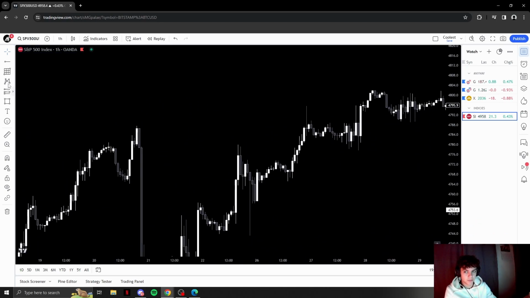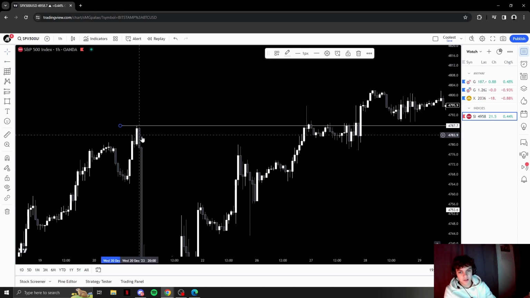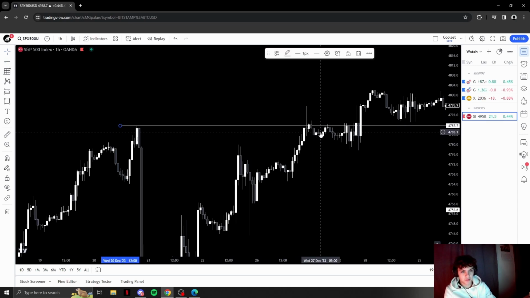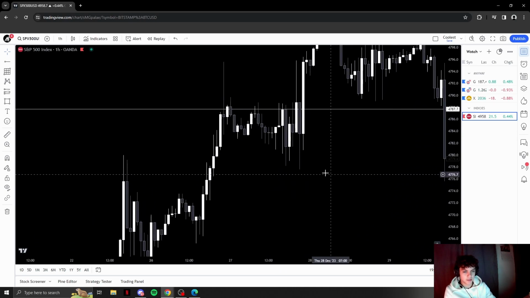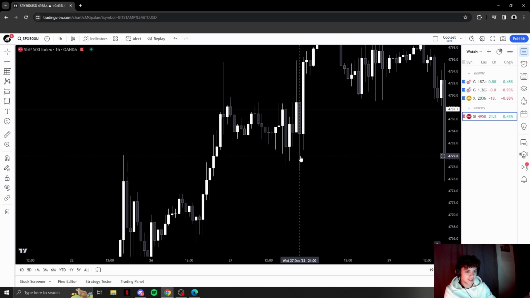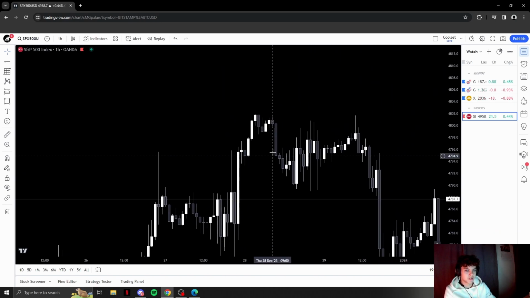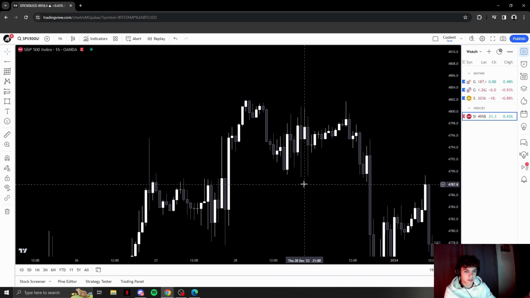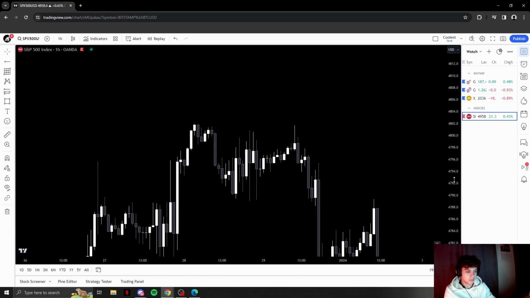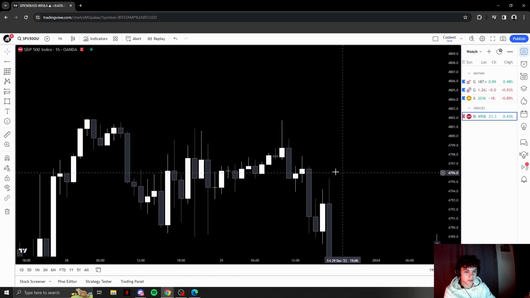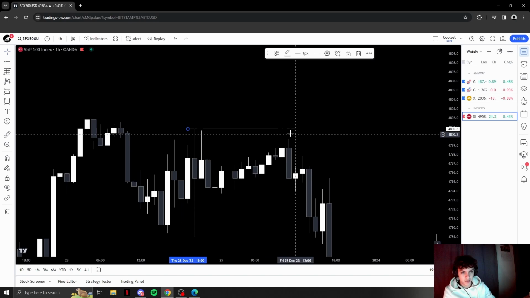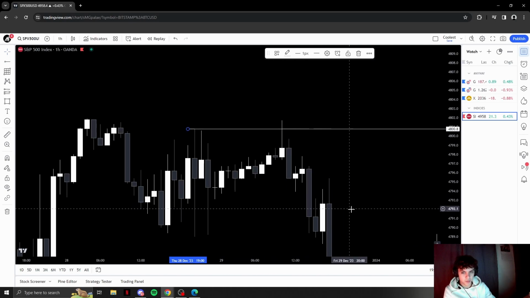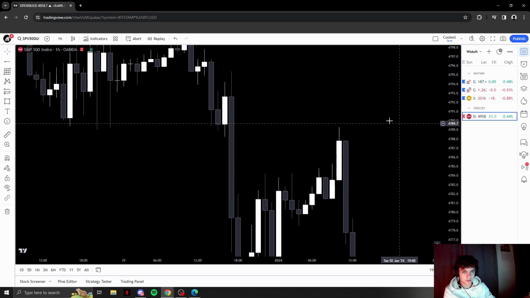What also happens here? This high gets swept, goes a little down, then some traders enter here and they also get swept, and then it continues up. All right, man, liquidity is found everywhere. Look at this. This is also liquidity. This high right here, this is liquidity. Gets swept, boom, continues its direction.